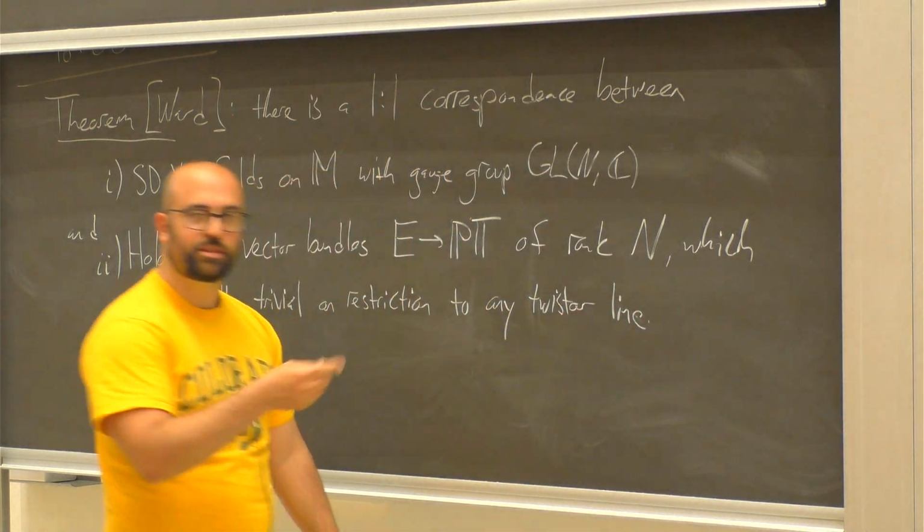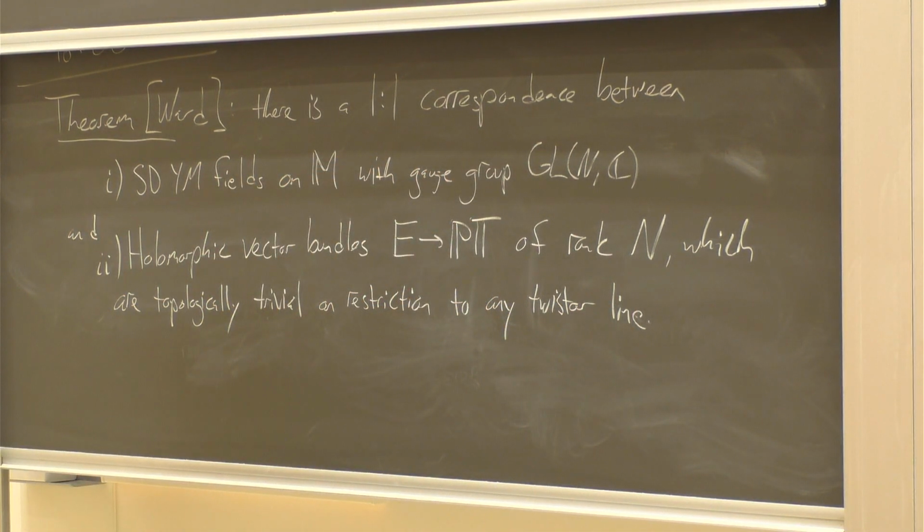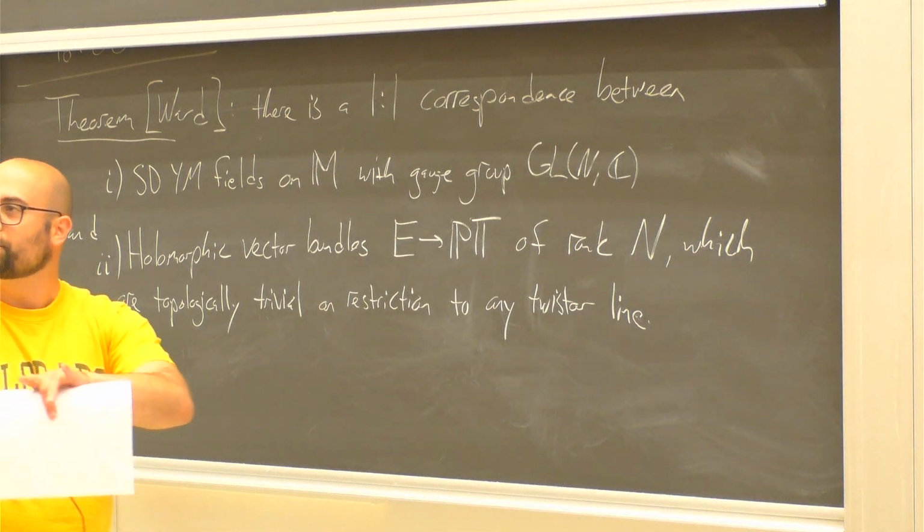So remember, a twistor line is a holomorphic, linearly embedded Riemann sphere in twistor space that corresponds to a point